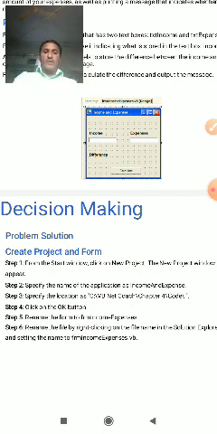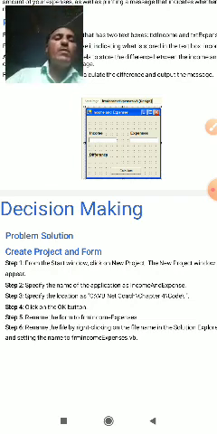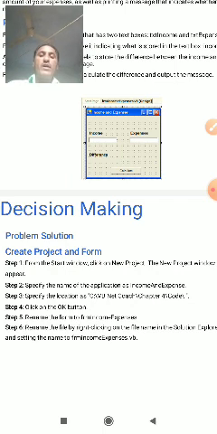Specify the location, the path where the project will be stored, along with the application name or project name. Click on the OK button.